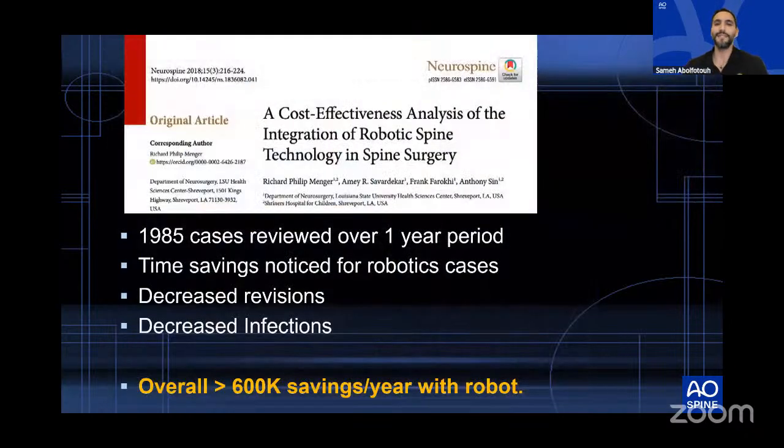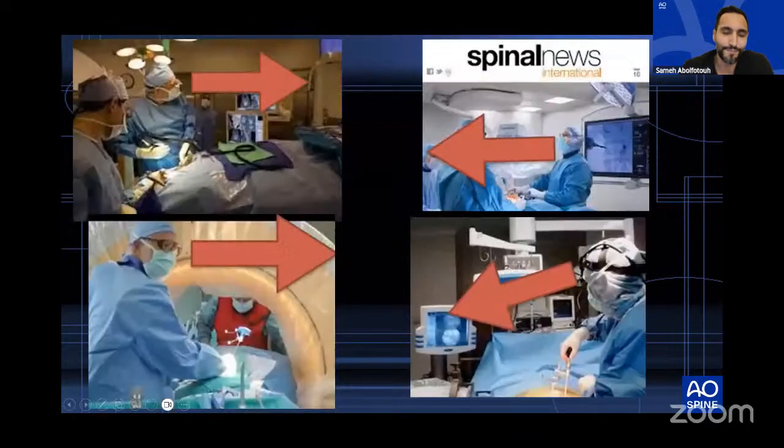Now, I can present you with all the data that can tell you that robotic surgery is going to save you money and it's going to decrease the number of patients going back to the OR. And I can also present you with all the data that can tell you the opposite, that robotic surgery is very costly. I think it's something that we're going to figure out down the road as we have more data over the coming decade or so. It's too early at this point for the healthcare industry to say whether a robot is really saving money, or really an extra cost that's totally unnecessary in our ORs.